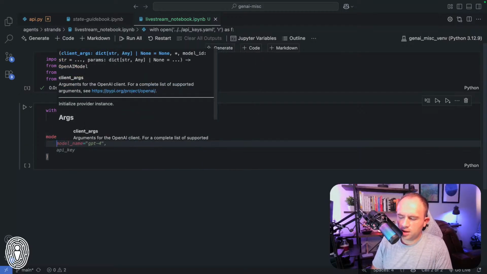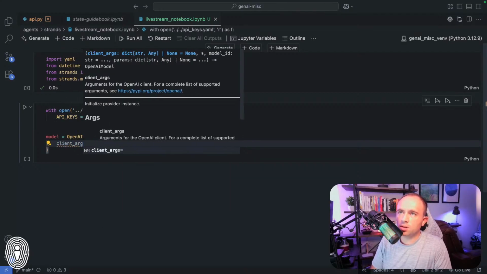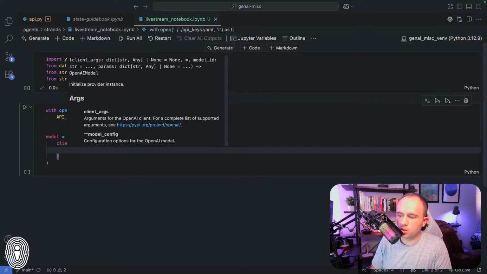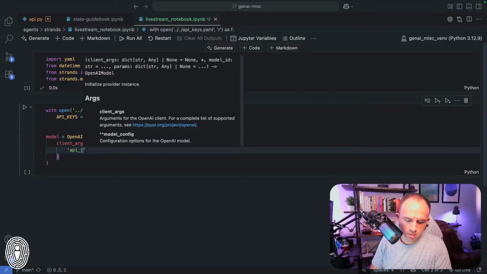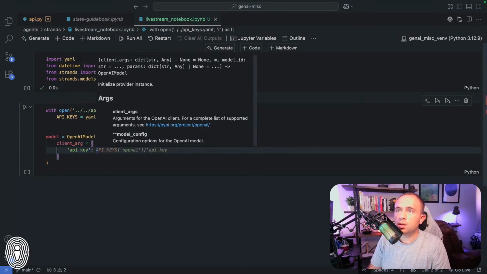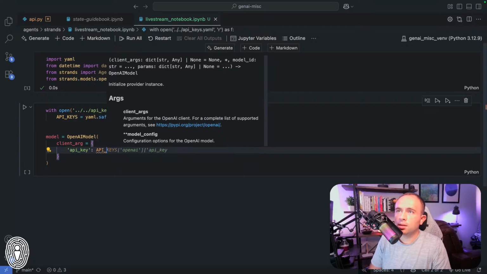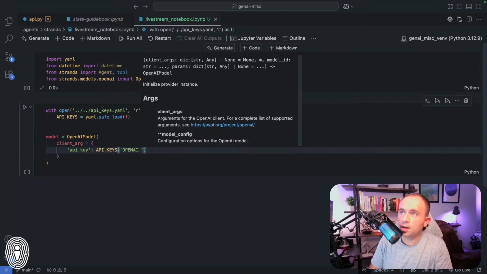So this is how you set your API key. We have to set our client arguments. Our client_args are going to equal api_key, and the API key is api_keys OpenAI API key.